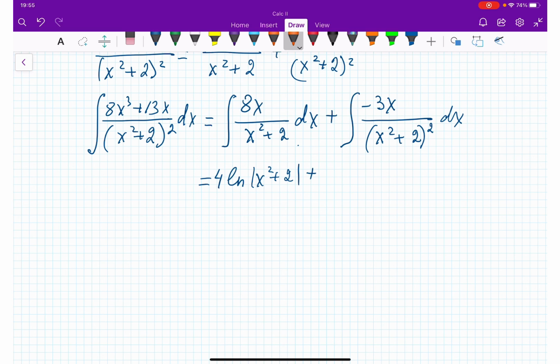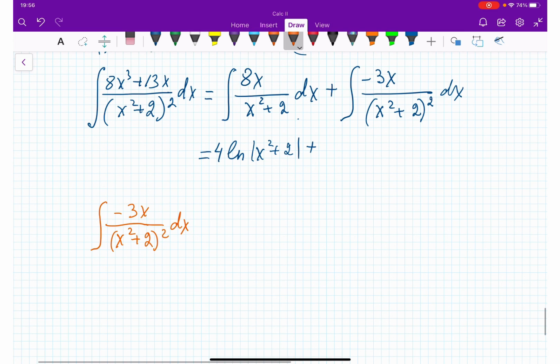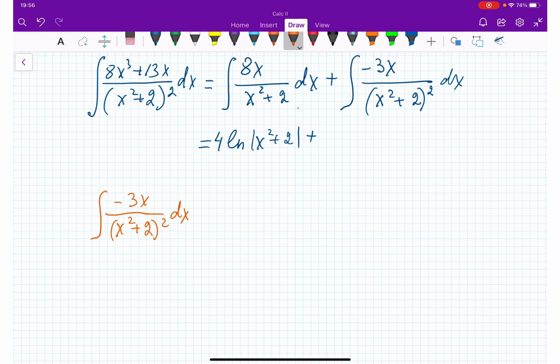I'm going to write down here. So negative 3x over x squared plus 2 squared and dx. All right, first of all, negative 3 taking out, and we're going to have x over x squared plus 2 squared dx. Next, we are substituting, we are taking u is equal x squared plus 3,